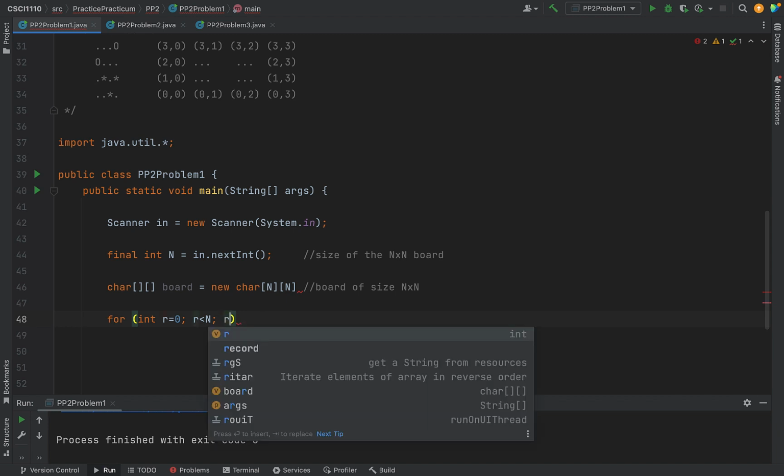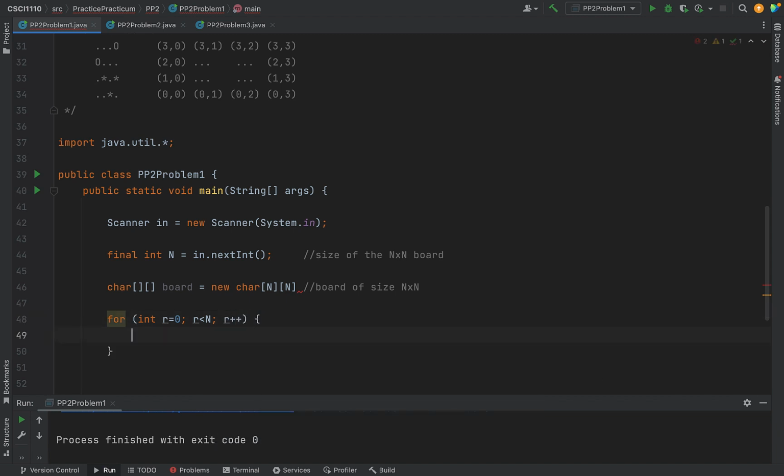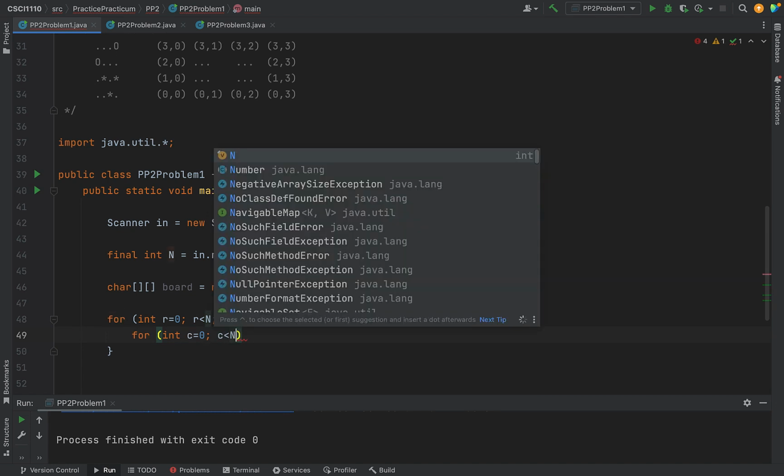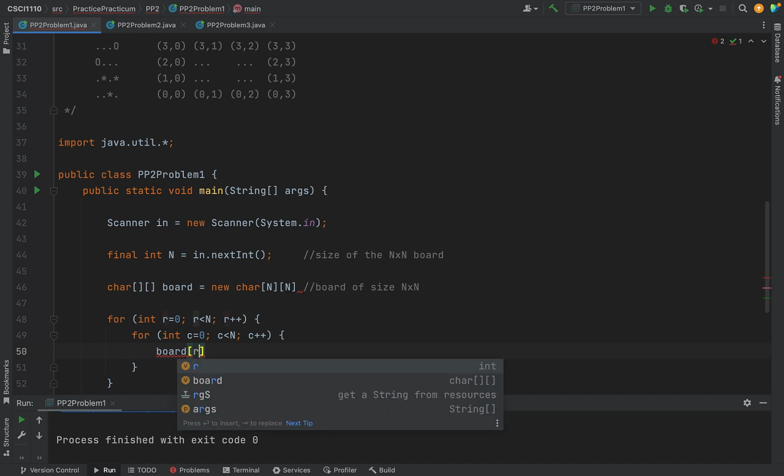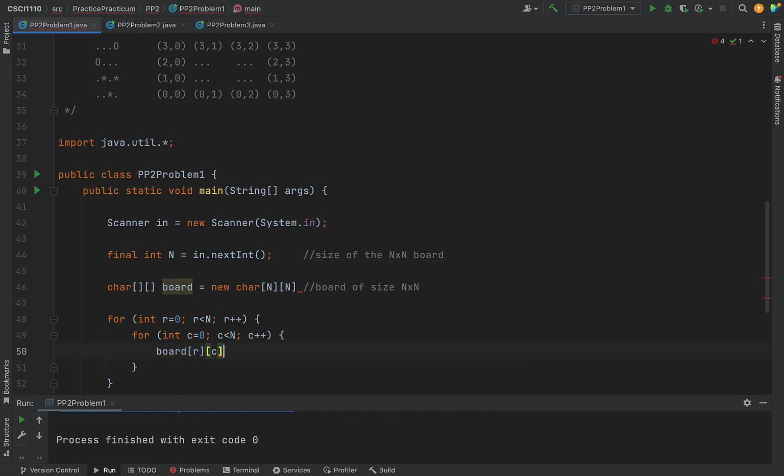and r plus plus. So there's a few ways to do this, of course, but this is probably the most straightforward way that most people would think of: let the rows run from 0 to n, let the columns run from 0 to n, c plus plus. And so I have now inner loops. So this is letting my rows run from 0 to n. The inner loop is letting my columns run from 0 to n. So for each position, I'm going to set board in row r, column c, I'm going to just assign that the value,